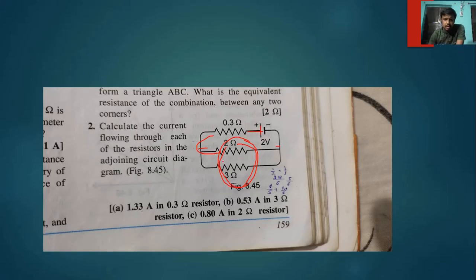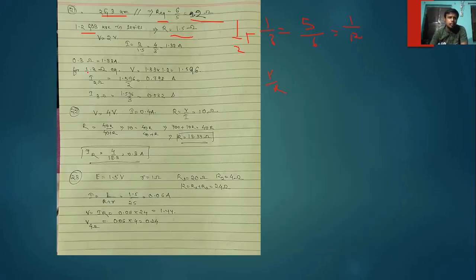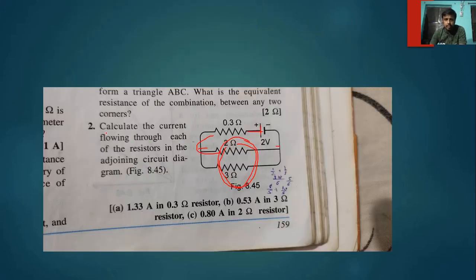Now we can use that logic that how to find the current in each resistor that are parallel. As you know that current remains same in the series circuit. So by using that logic, for the 0.3 ohm series resistor, the current would be 1.33 ampere. Okay. Now the current would divide into two parts, I1, I2. I1 passing through 2 ohm, I2 passing through 3 ohm, and their addition has to be 1.33 ampere.